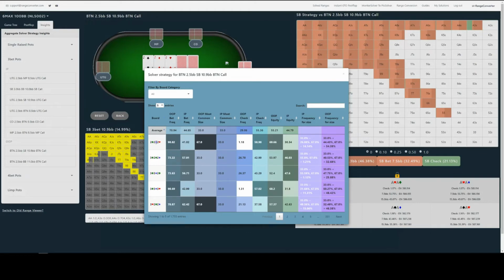Here we have 222, 322, 332, 333, etc. And showing 1 to 5 of 1,755 entries. So all the strategically different flops are available there, and we can just browse through them clicking here, or by searching for specific flops in the search bar, and that works in exactly the same way as the